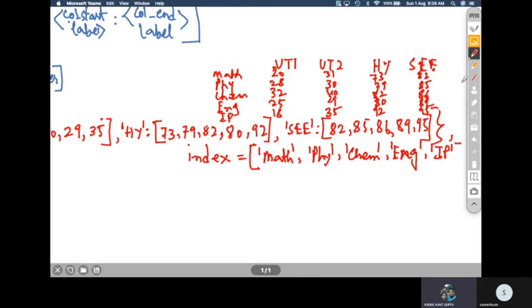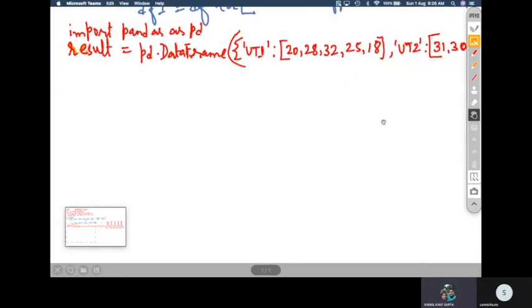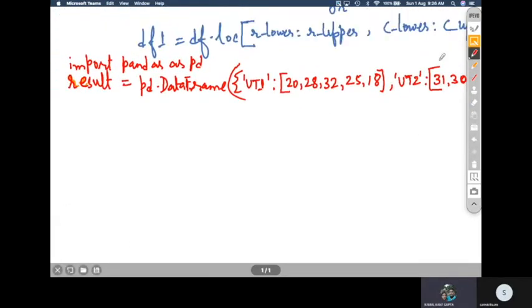Now I want to capture, if I'm writing this, what will be the output? Say, for example, x is equal to result.loc. The name of our data frame is result.